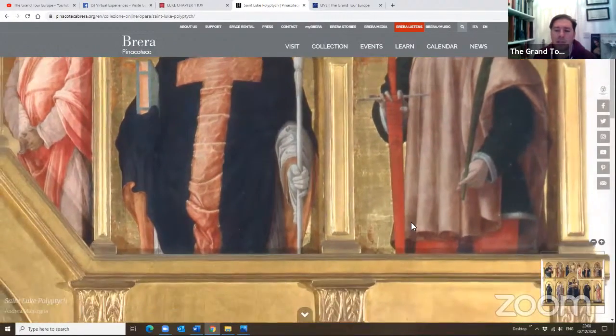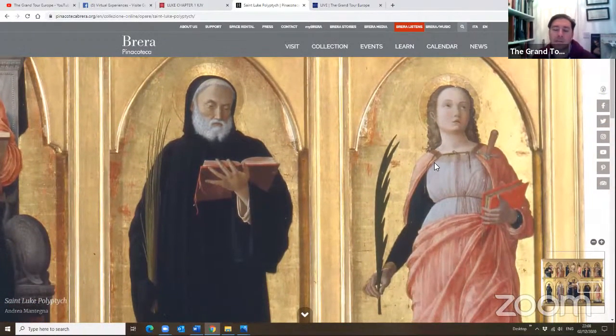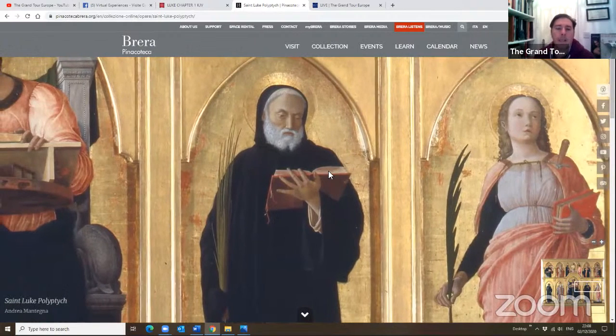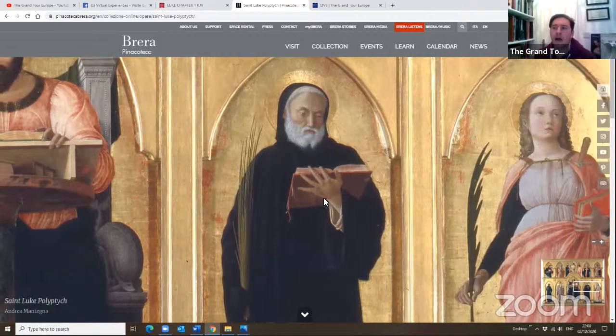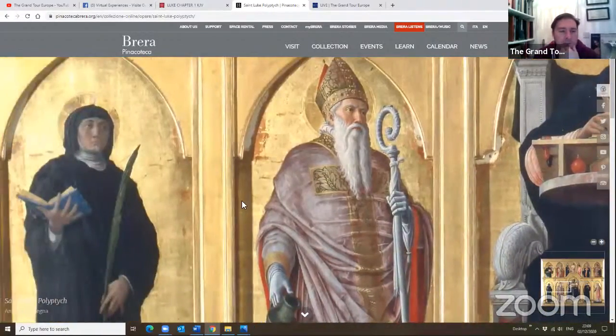tree of the martyrdom. On the lower scene, first one on the right, Saint Justina. Saint Justina, she was the martyr to which the convent was dedicated, where this altarpiece was, and she's got a sword in her chest, and of course the palm tree sign of martyrdom. And then Saint Benedict, reading, busy. Ora et labora, work and pray, was the motto of the Benedictine order, which was founded by the saint in the 6th century. And on the other side,